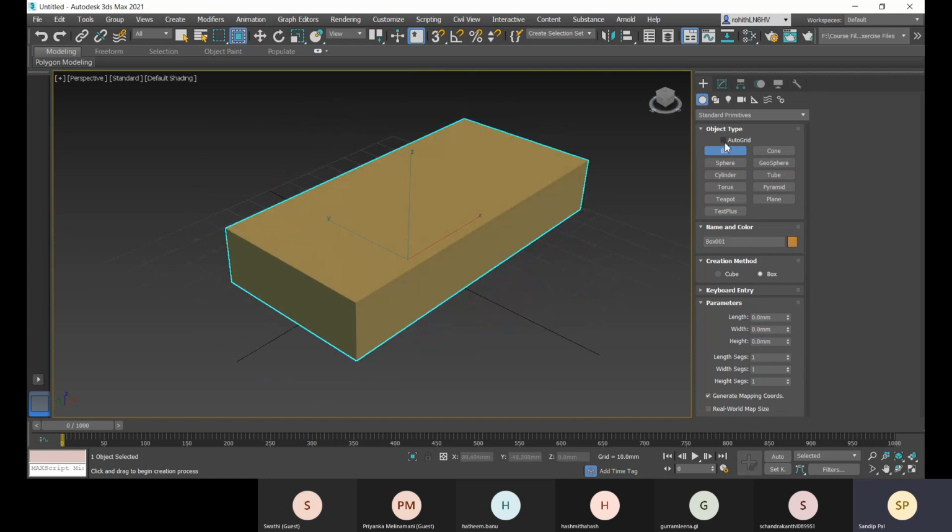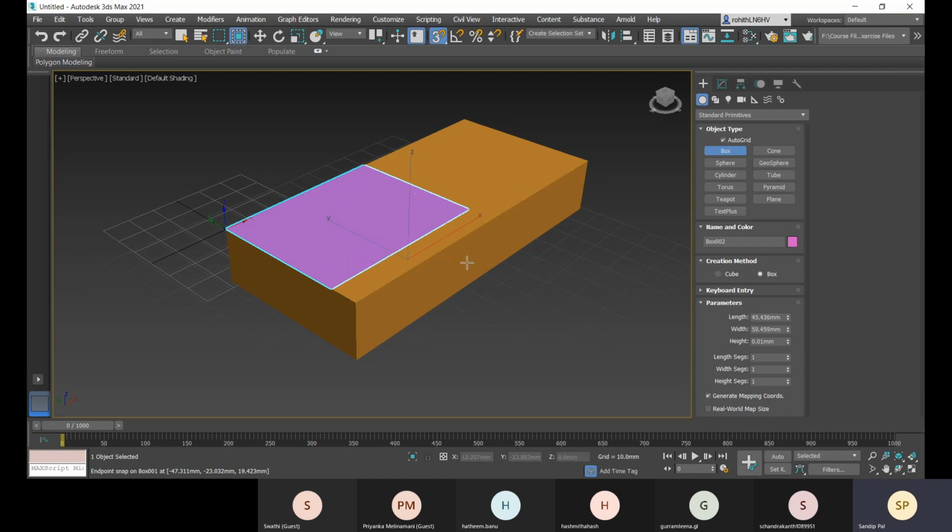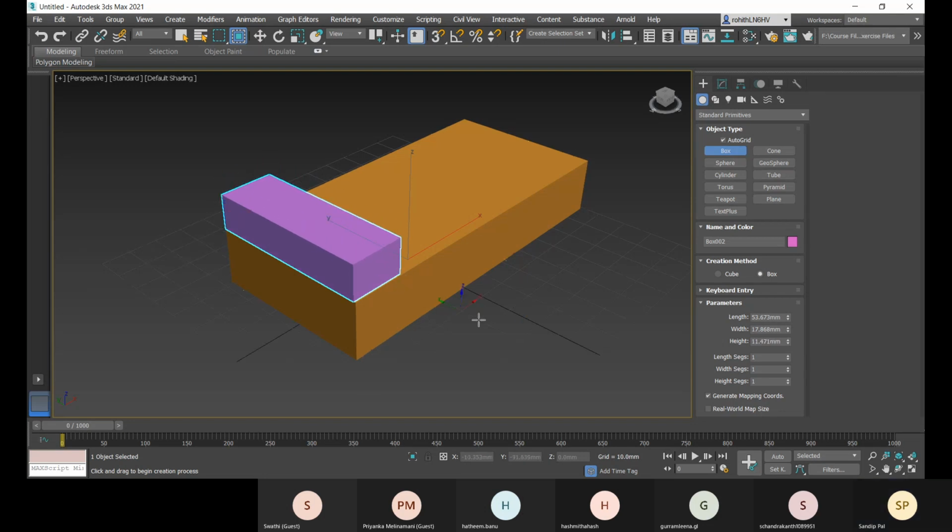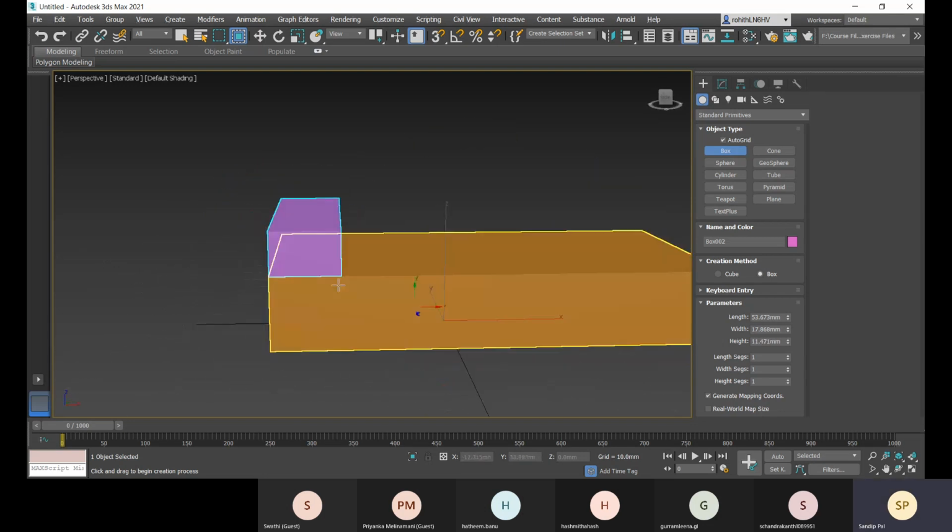So for that, what I can do is choose this auto grid, and at this phase, if I apply the snap, I can start like this, can apply it. And again, if I turn this off, there I can apply, and you can give the height and it is at this position. So it is like a dynamic UCS in AutoCAD.